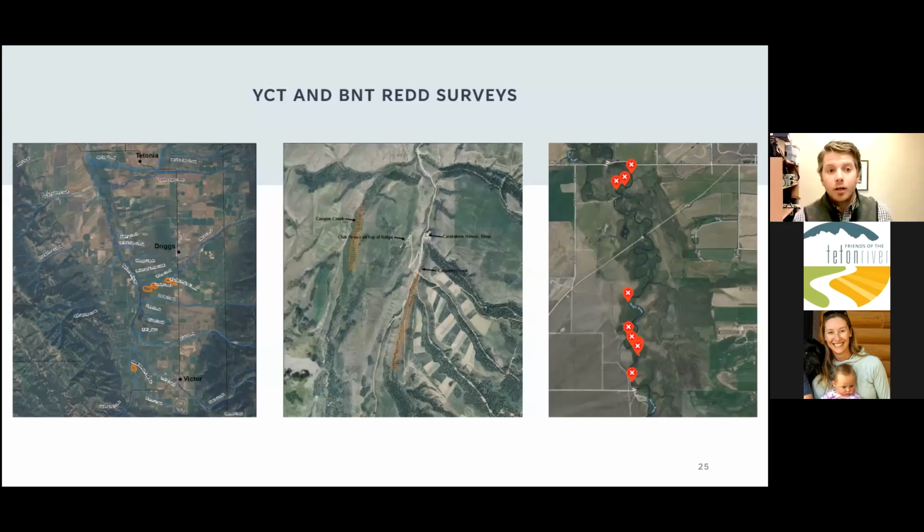Another part of our monitoring program is Yellowstone cutthroat trout and brown trout redd surveys. Redds are what is referred to as the nests that trout make when they spawn. Two trout come together to reproduce. They thrash in the substrate in the really clean, sorted gravel, and that cleans the gravel and makes it